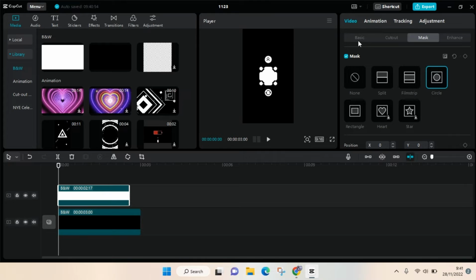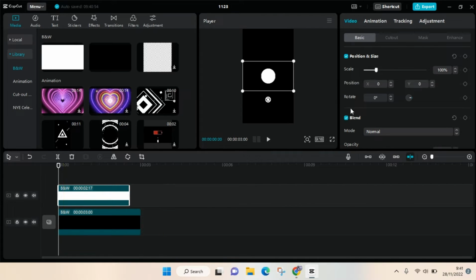Okay, you can just go back and then go to basic, and in here I'm going to add a keyframe at the beginning and then zoom out the circle until it goes small like this, and then go to the end of the white image and here, okay, add another keyframe